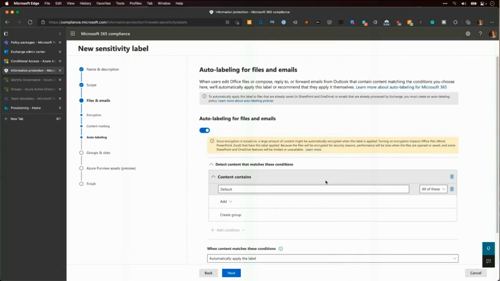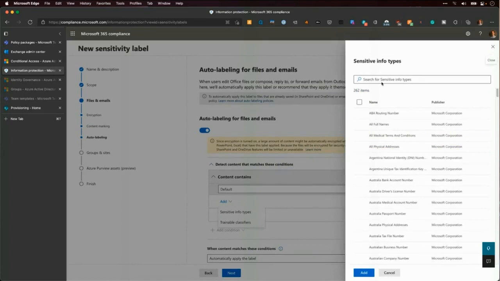If a file is saved with something sensitive in the header of it, there are certain regular expressions, and we can use one of these sensitive info types that are already there. We could go in and say if this contains, I can spell, ABA routing number. It's easy.